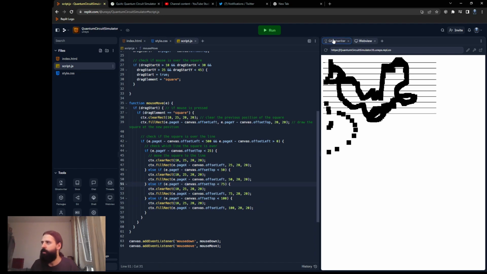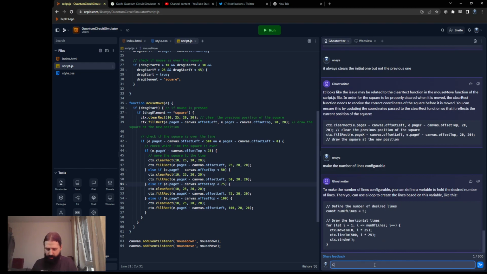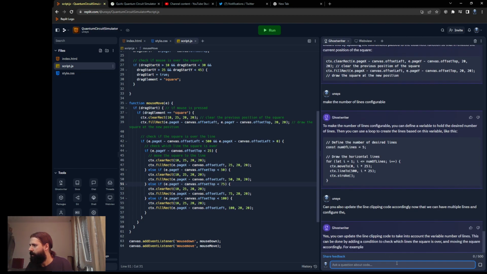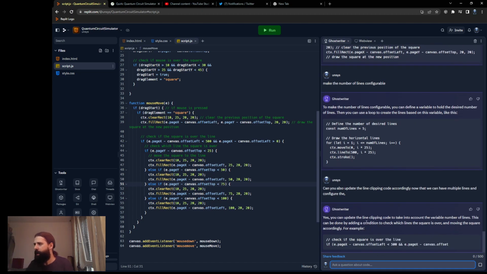So how he reacts to this. Can you also update the line clipping code accordingly now that we can have multiple lines and configure them? Let's see what it does. Yeah, anyway, so